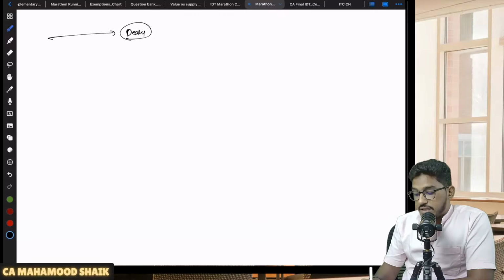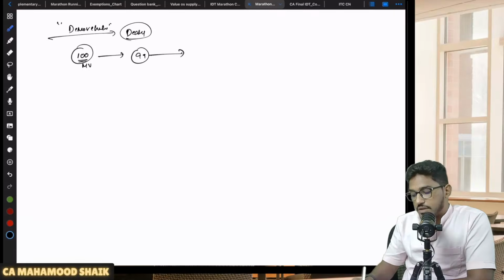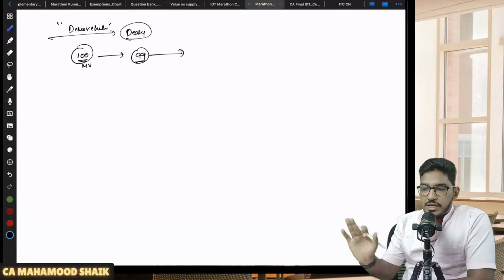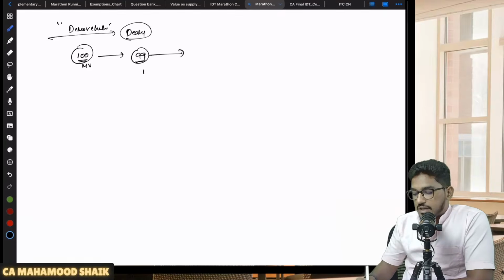Sir, they will purchase demo vehicles. They will have demo vehicles. Let us say, for example, Tata Motors is there. They are into the business of selling motor vehicles. Let us say they have purchased some 100 motor vehicles, 100 Nexon models. Now, out of these 100 models, 99 he will supply further. He will make a further supply. But one car he is going to use as a demo vehicle.